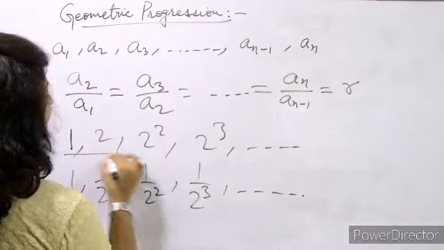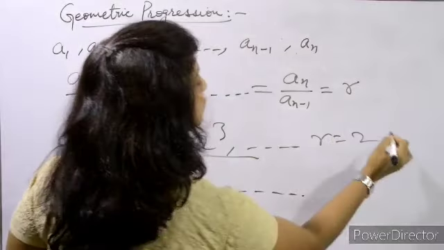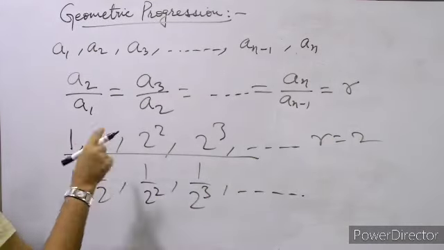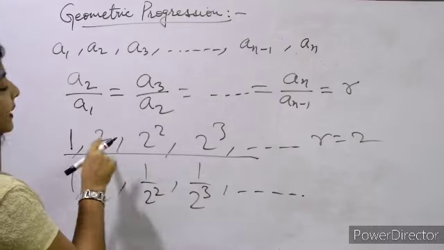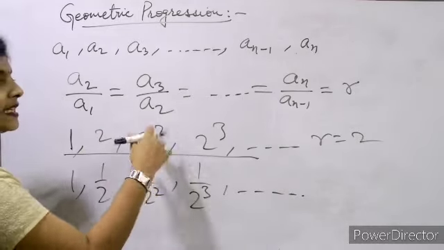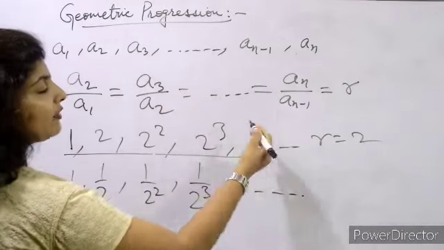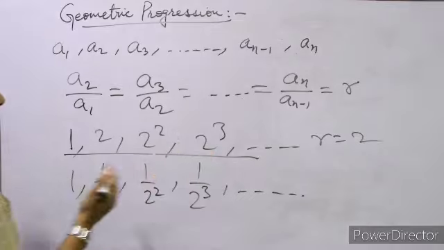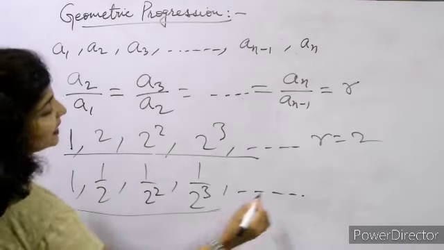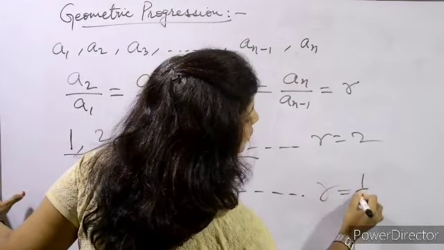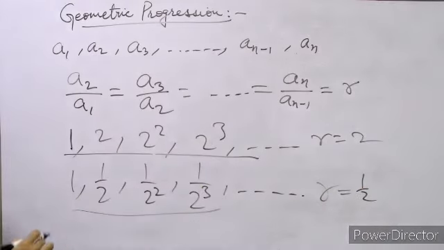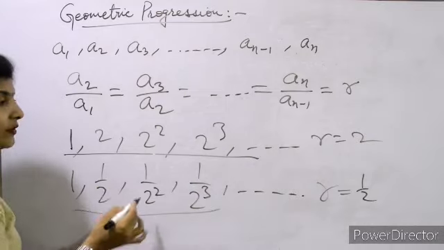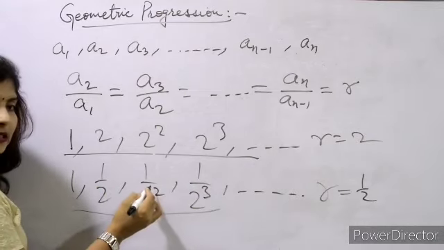But in this one, r will be 2, because we are multiplying the first term by 2 and getting the second term, we are multiplying the second term by 2 and getting the third term. Similarly, we are multiplying by 2 and getting the next term. So r is the common ratio. But in this case r will be equal to 1 upon 2, because when we multiply the first term by 1 upon 2 we get the second term, and when we multiply the second term by 1 upon 2 we get the third term. Okay,